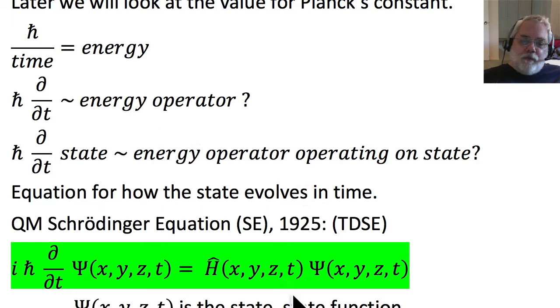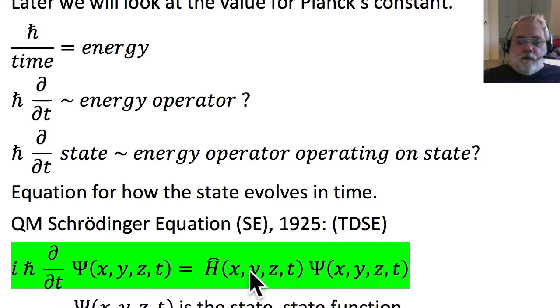The energy operator, we're going to call that uppercase H. We give that a name, the Hamiltonian operator, but it has units of energy. So it's an energy operator, but we're going to call it the Hamiltonian operator. It is a function potentially of position, x, y, z. It is potentially a function of time, but it does not have a time derivative in it. The only time derivative is the one on the left-hand side.